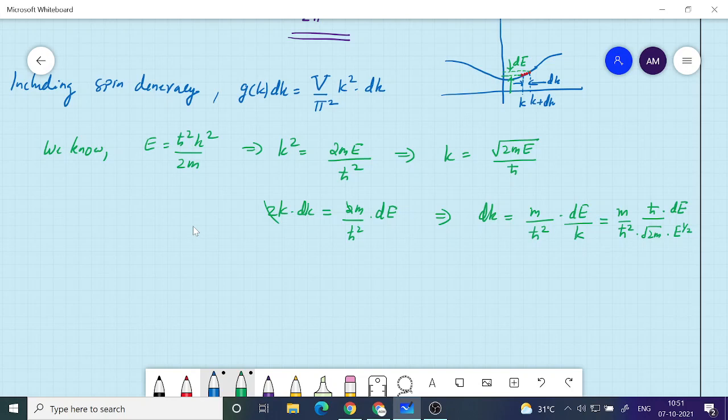Now h cut square, one term I can cancel, and then m I can write as m raised to half, divided by root 2 into h cut, into E raised to minus half into dE. So I can write dk like this,